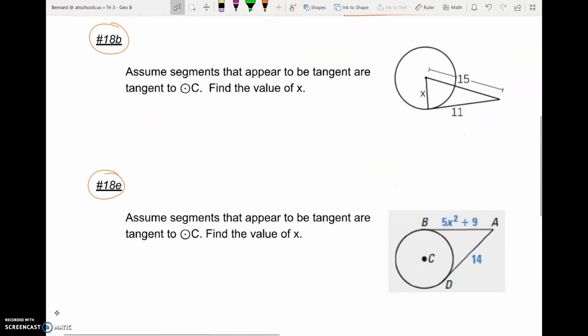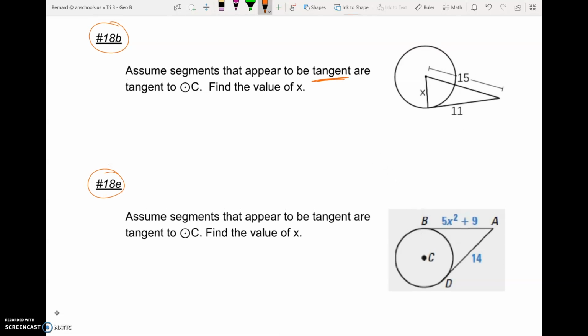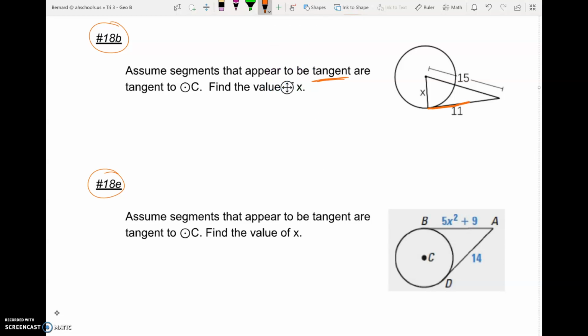Now, 18b. So we just want to solve for x here, but we need to understand some properties of tangent lines. So it says, assume segments that appear to be tangent are actually tangent to this circle. Find the value of x. And so remember, when a line is tangent, so we're talking right now about where the 11 is, because a tangent line starts on the outside of the circle and hits the circle at only one spot. Does not go through the circle, it just brushes against it. It says assume that segments that appear to be tangent are, and so we're going to assume that's actually a